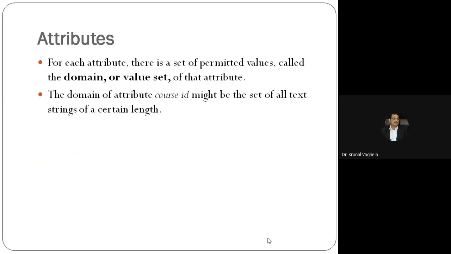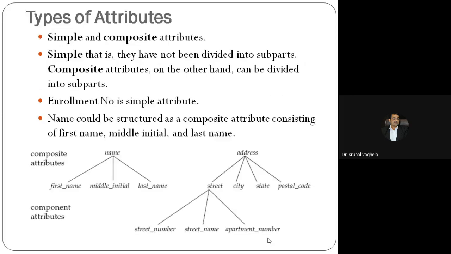Relationship is nothing but a table, and attribute is nothing but a column. What are the attributes of a person? Person ID, name, age, height, weight, address, mobile number, all these are attributes. Like projector, what are the attributes? Company, serial number, dimension, sharpness, voltage, all these are attributes, right?